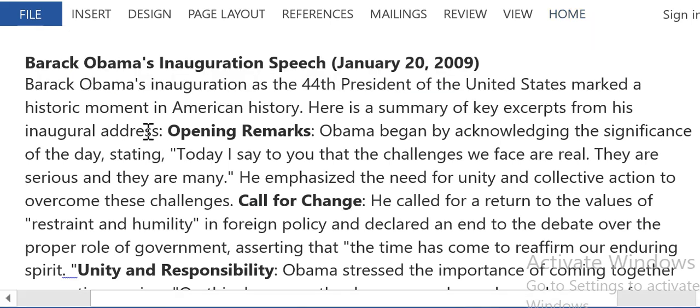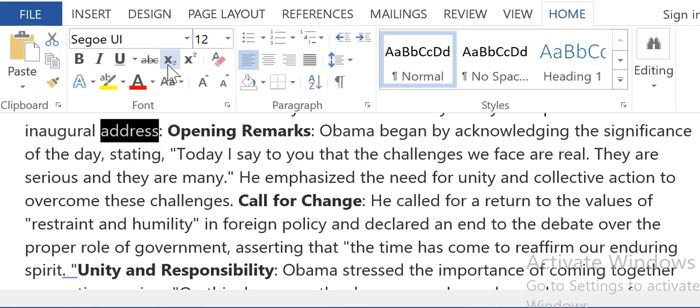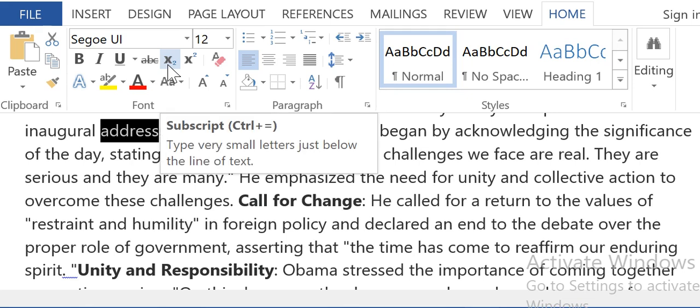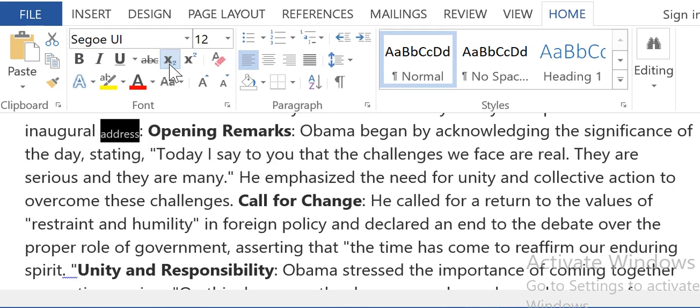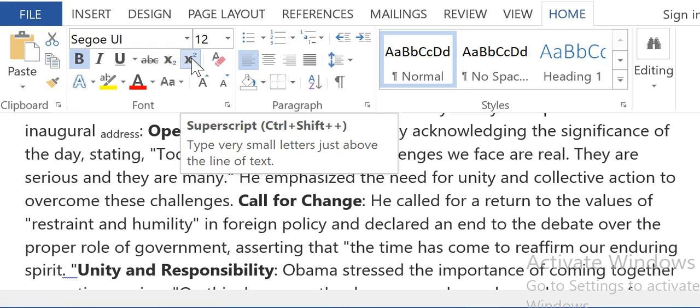First, you have to select that word. Let me select it. After selecting it, you go back home and come to the font group and press the sign of that superscript. So when I press it, you see it changes to a small letter below the word inauguration. So this superscript is used in Microsoft Word